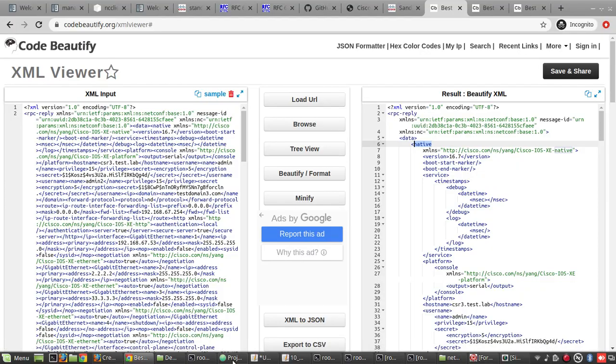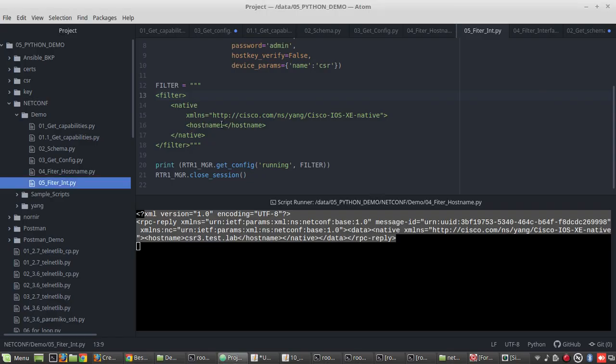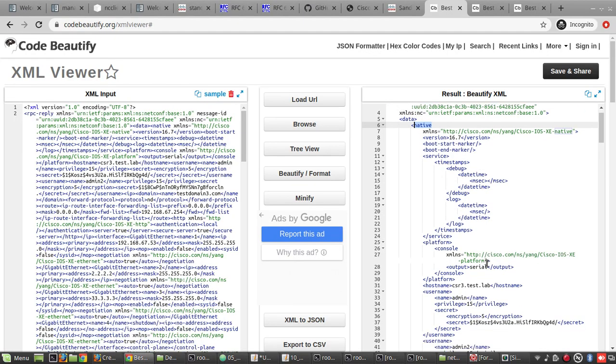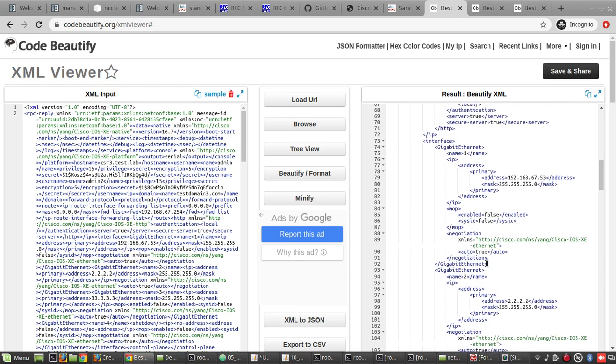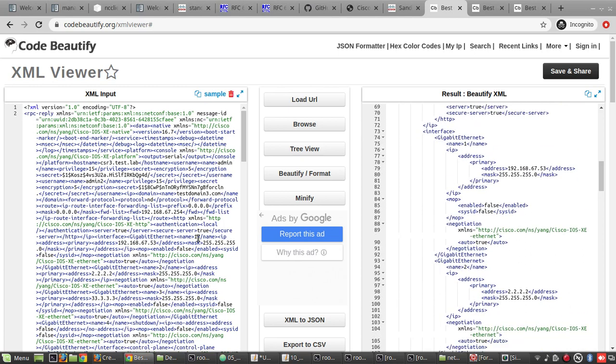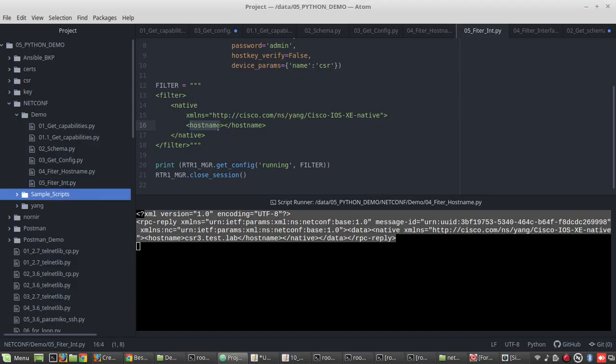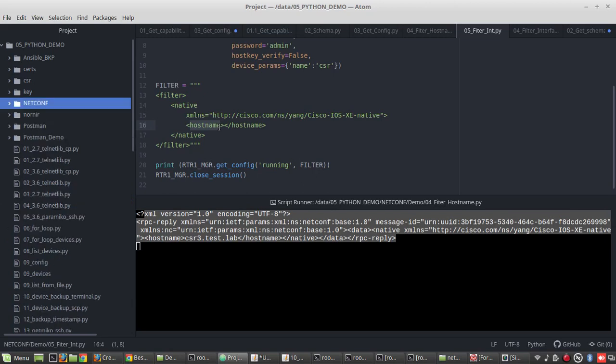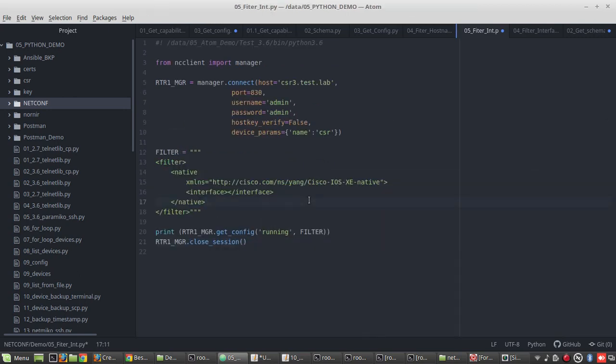So what we can do here is just replace this hostname with this interface. I'll give interface here, and here also I'll give interface.